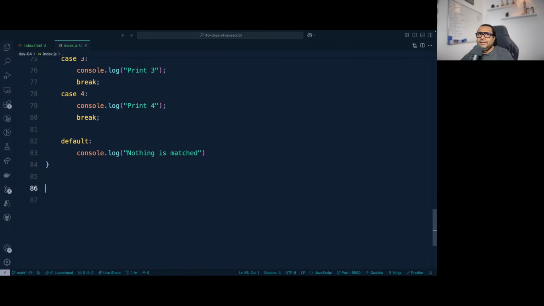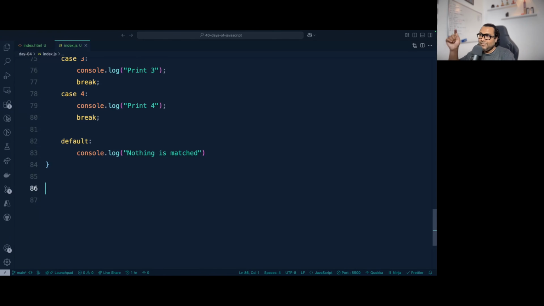Let's detect a day based on a number. So if the number is 1, it's Monday, number is 2, it's Tuesday, number is 3, it is Wednesday, like that. And the number can be between 1 to 7, right? 1 is Monday, 7 is Sunday. If any number passed is not between 1 to 7, then we'll say invalid day number. Can you do that? You can write this with if else now, right? I have taught you the if else already.